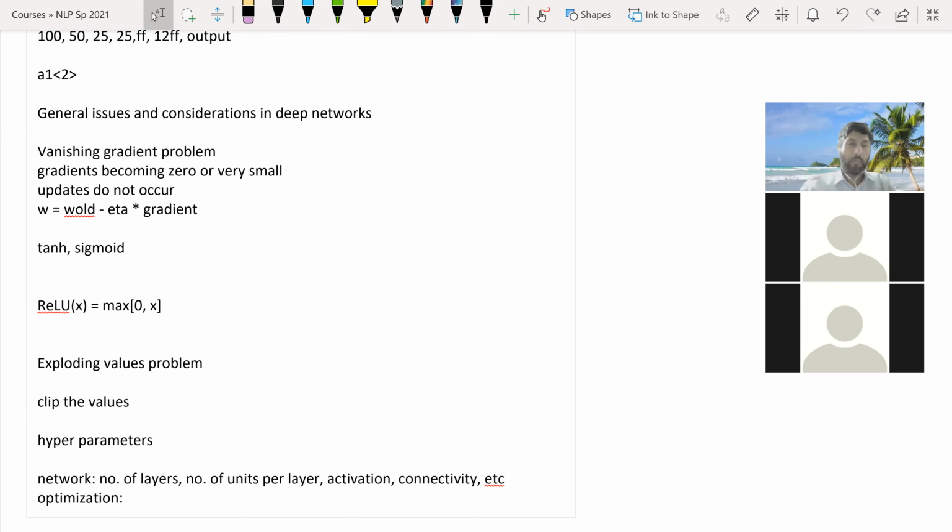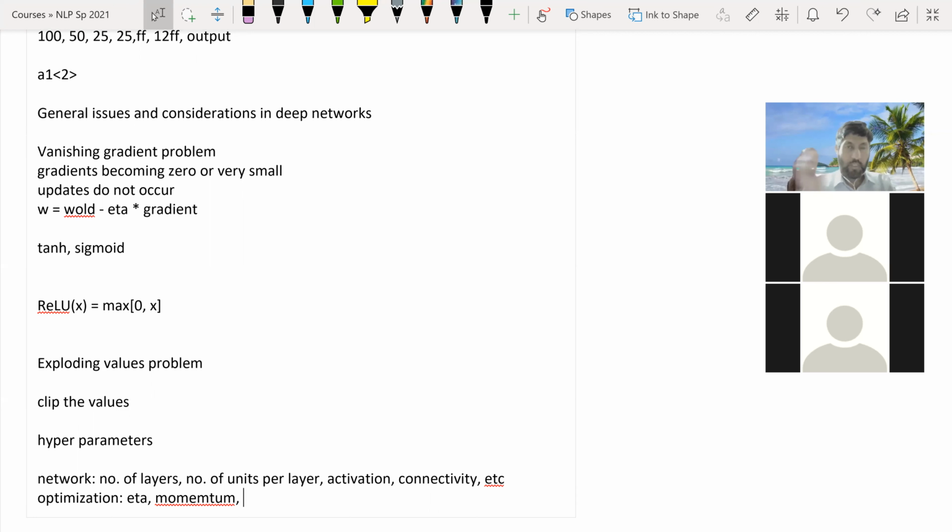So for example, if you remember, there was an eta in the standard stochastic gradient descent. This is a parameter. But usually there are many other ways of optimizing as well. So you can use stochastic gradient descent with momentum. So there is also an approach. So momentum also comes in as a parameter. So this is of course parameters for the optimization technique. Okay? So the momentum parameter, and of course